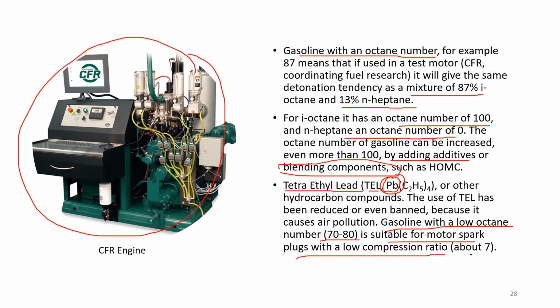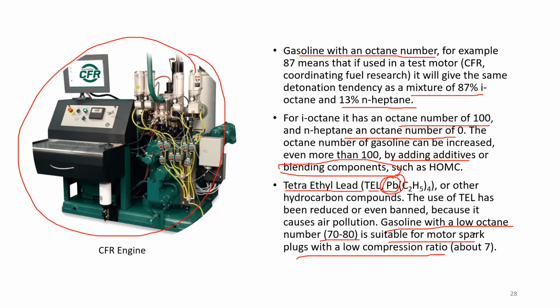So again, the compression ratio is usually in the range of 8 to 1 or 10 to 1. So the higher compression ratio, as I mentioned before, indicates higher combustion efficiency, and it will exhibit more power with less fuel and fewer exhaust gases.